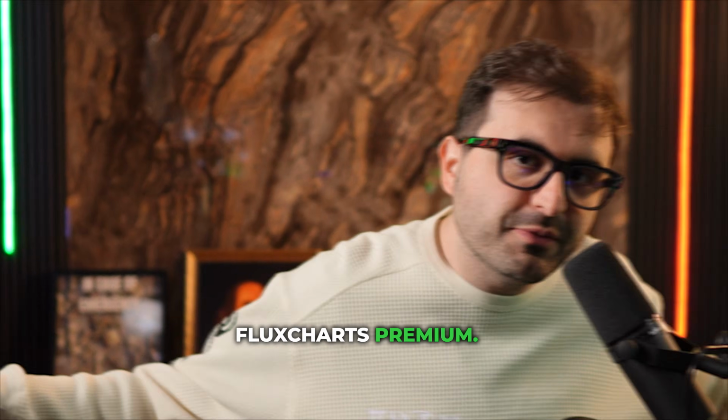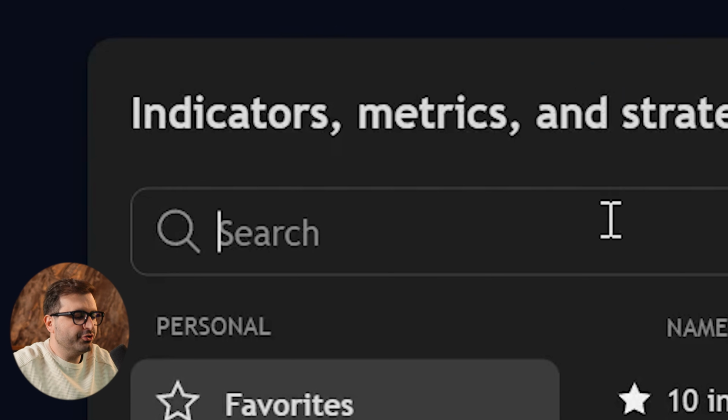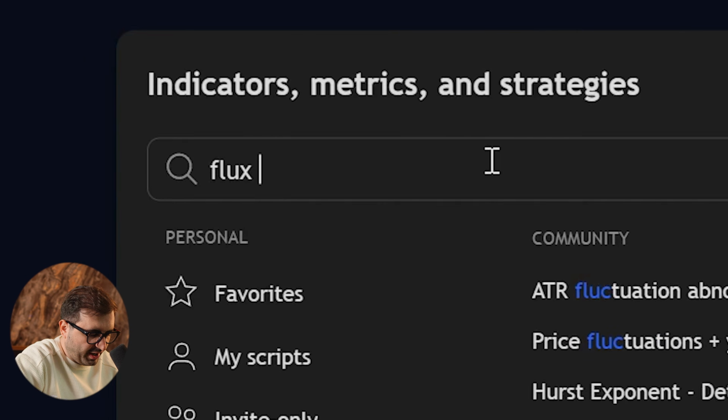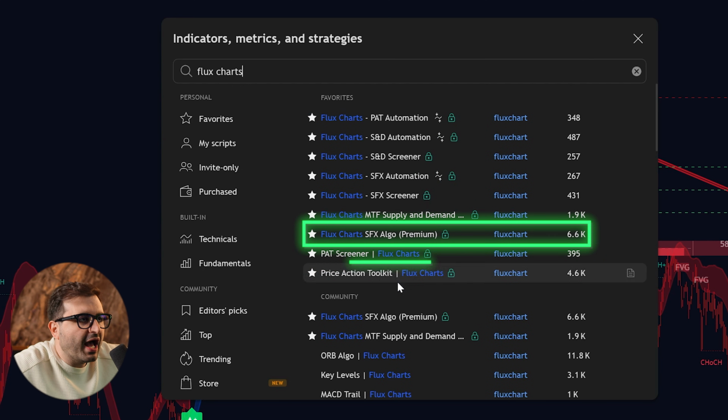using Flux Charts Premium. So first things first, you need to go to the Indicators tab and search for Flux Charts, right? After you search for it, we need only two indicators, SVX Algo, and the